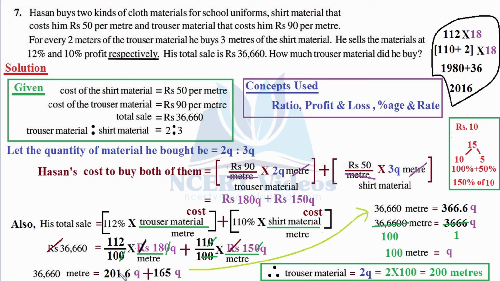Now let's try to solve it further. So 36,660 meter on the left hand side as it is, equal to as it is. Let's add them up. It is simple. 0.6 in the decimal as it is. 5 plus 1 is 6. So we wrote 6. 6 plus 0 is 6 and 2 plus 1 is 3, followed with q, because same terms with q as a variable can be added up easily.